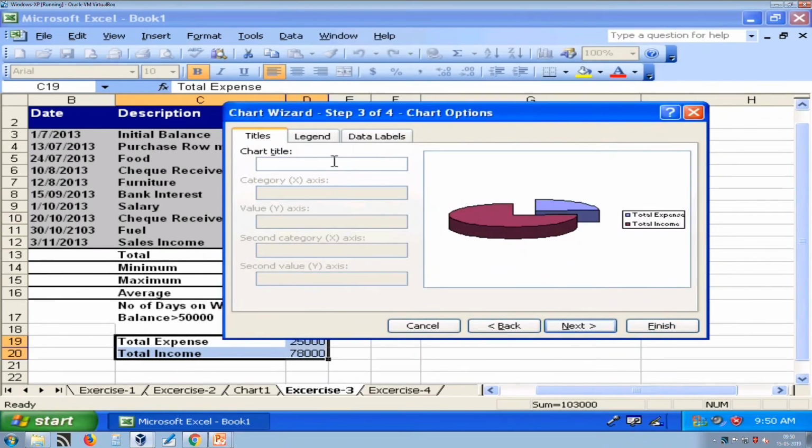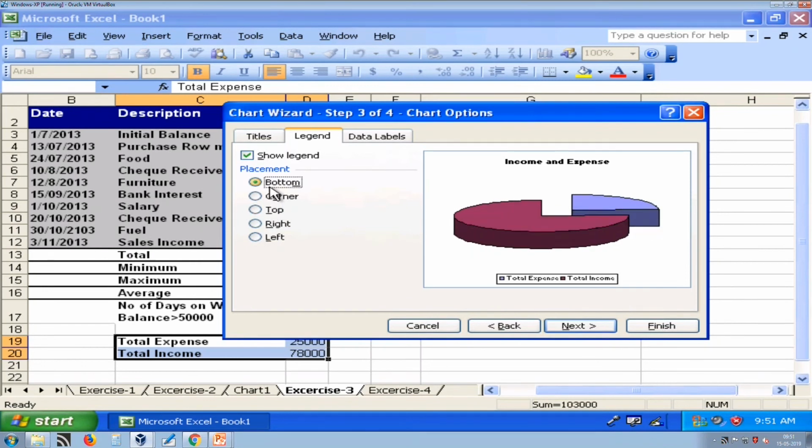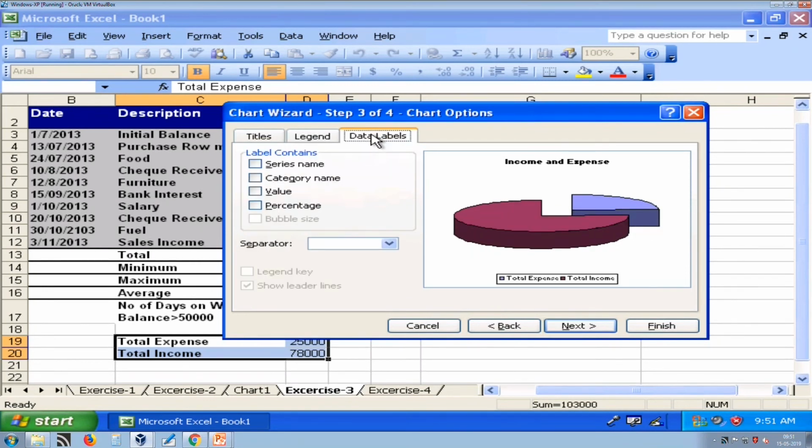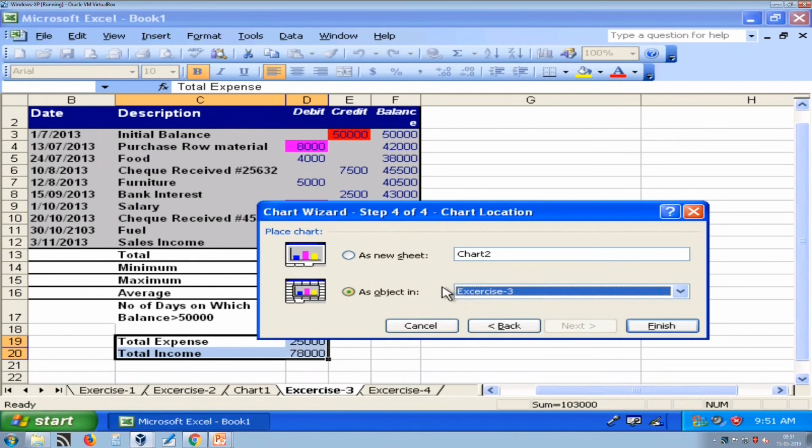Our chart title is income and expense, and the legend we want to show at the bottom, and for the data label we want to show percentage. At this time we want to place this chart in our sheet only. So select the second option and press finish.